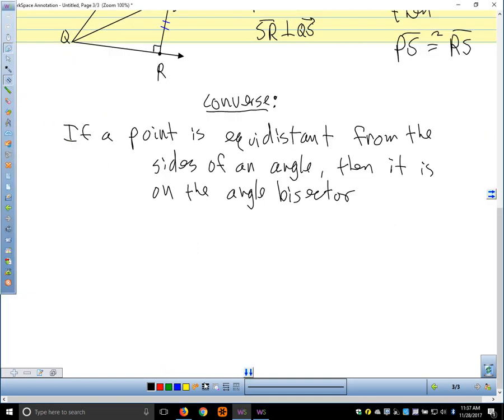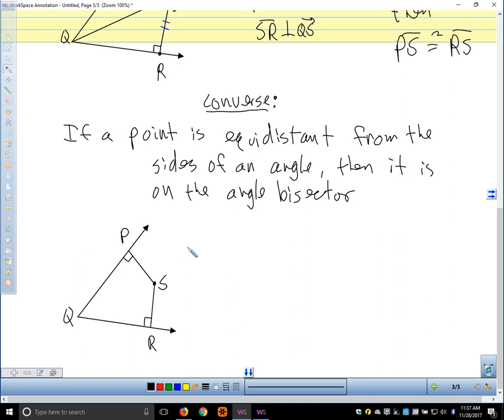So what this is saying in pictures is if we draw our angle and we have some point here that's the same distance from the sides of the angle. And remember, our distance has to be the perpendicular distance. Call this S, P, Q, and R. And we know that those are congruent. If PS is congruent to RS, and these are perpendicular,